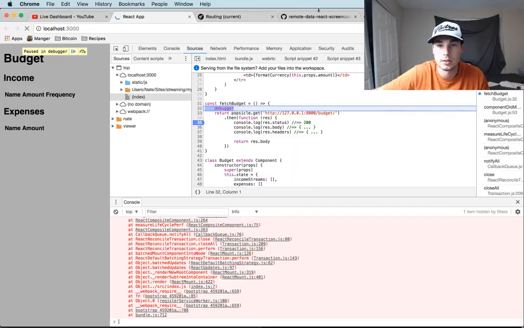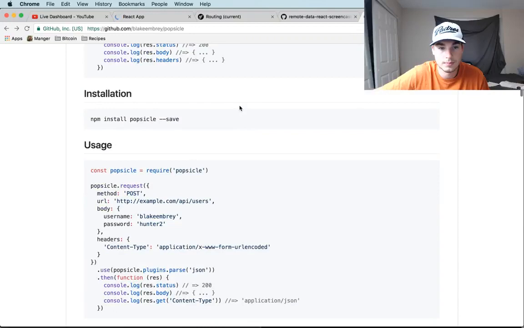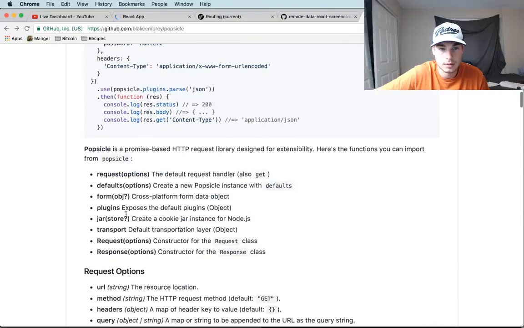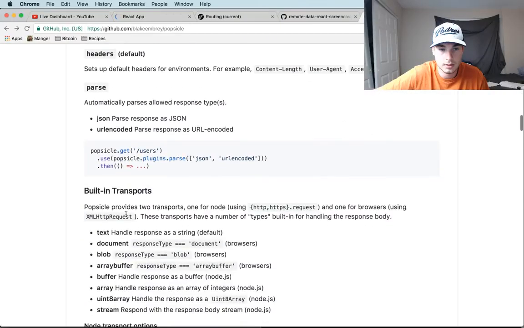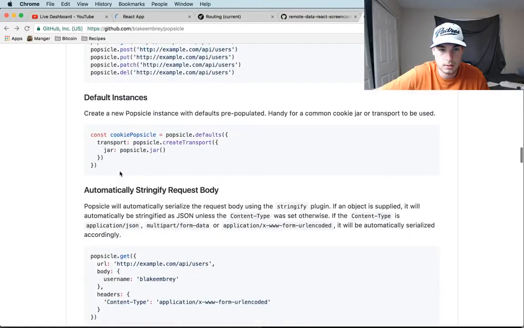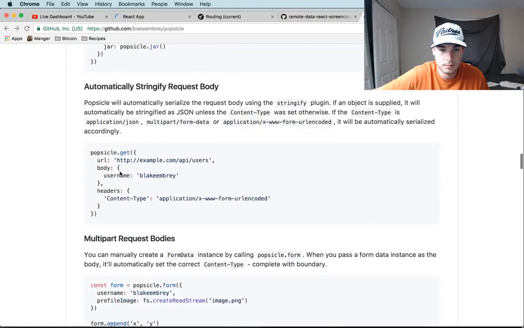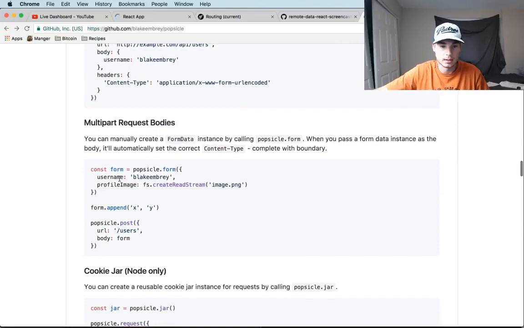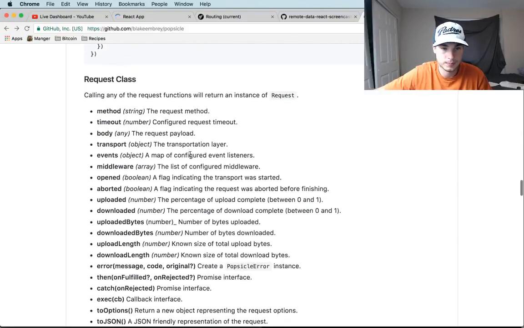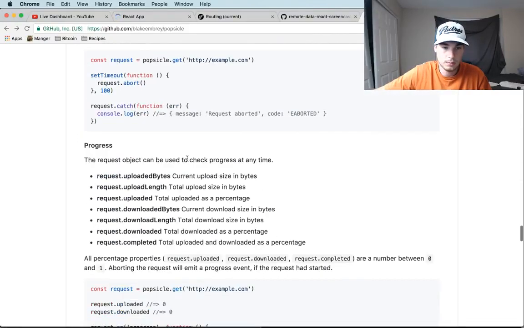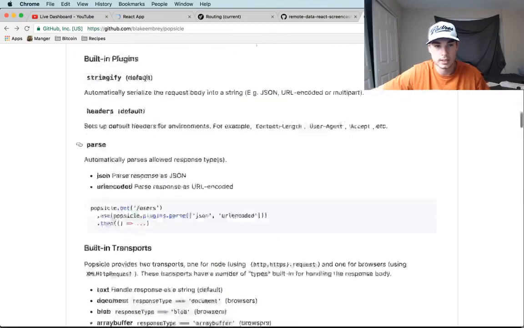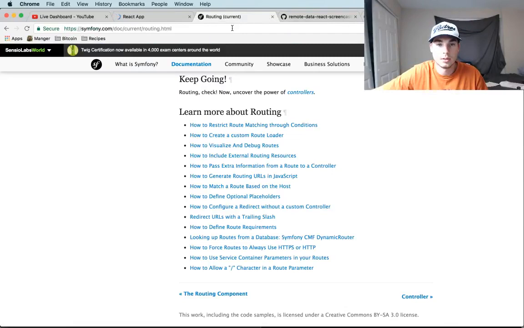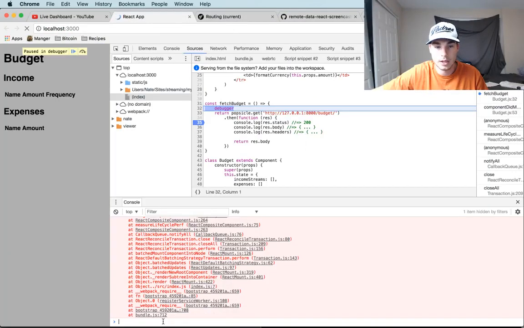Maybe we didn't configure this correctly. Let's take a look again. Popsicle, use Popsicle plugins, JSON. Man, Popsicle, you're kind of losing me. Said it was that easy. Apparently it's not. Popsicle.get is not a function. I want to know what's broken here. Webpack's making it kind of a pain to